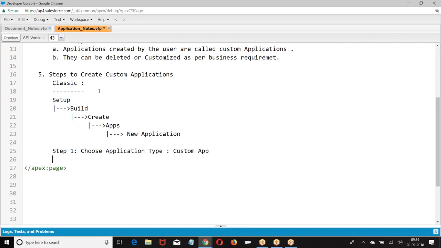Step number 2, enter the application details. We have the app label and the app name.